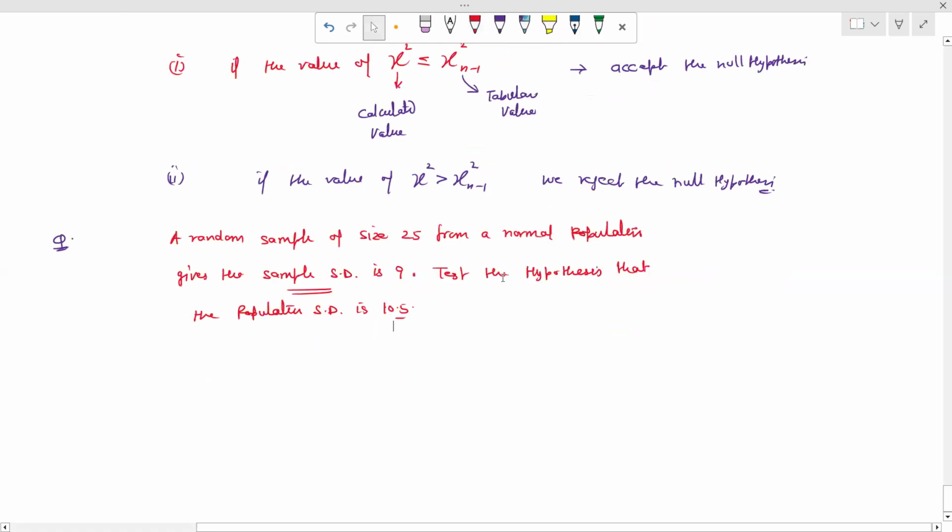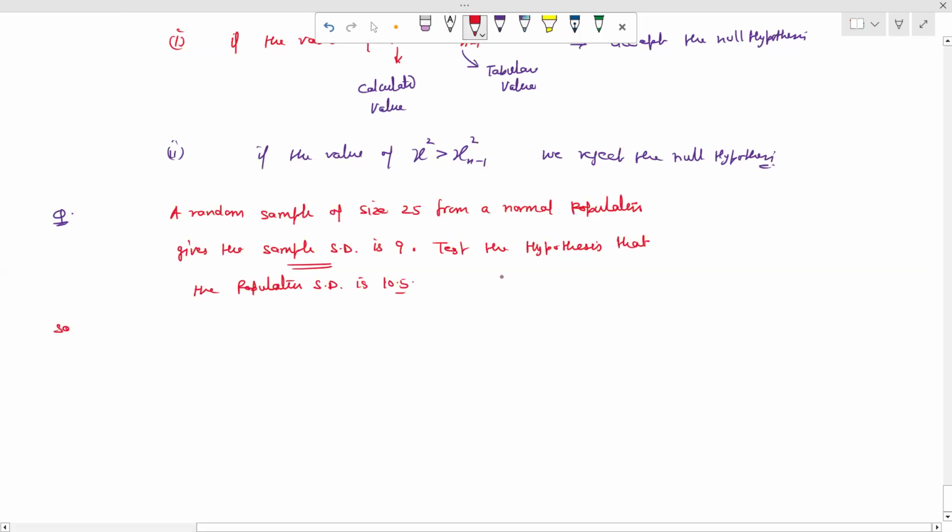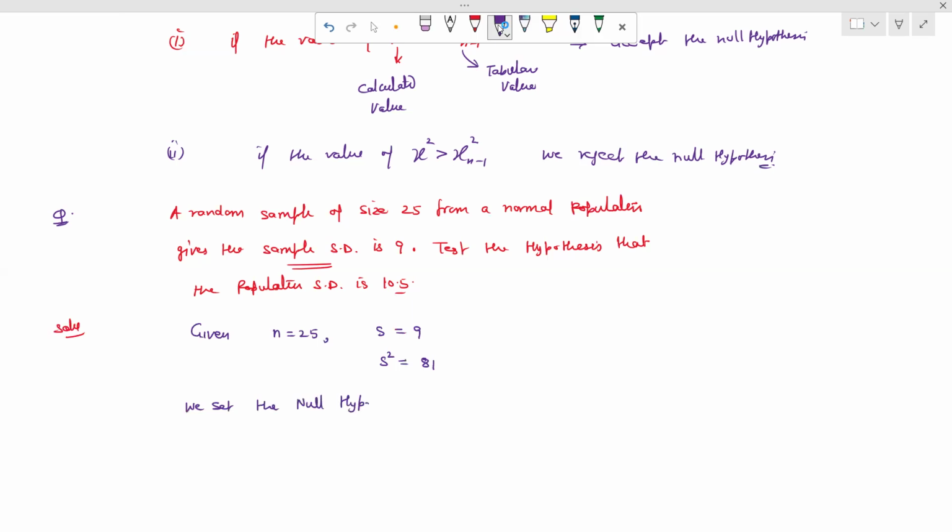So as per the statement we do the solution. So for doing the solution, first we take the null hypothesis. So first we write down the values as given, n size हो गया n is equal to 25, और sample standard deviation, मींस s इज इक्वल टू 9 हो गया, तो सैंपल वेरिएंस कितना हो गया, 9 9 से 81। ओके, सो नाउ वी सेट द नल हाइपोथेसिस, जो दे रखा है उसी के बेसिस पे हम उसको लिखते हैं। क्या दे रखा है, हम मान के चल रहे हैं कि पॉपुलेशन स्टैंडर्ड डेविएशन हमारा कितना है, 10.5 है।